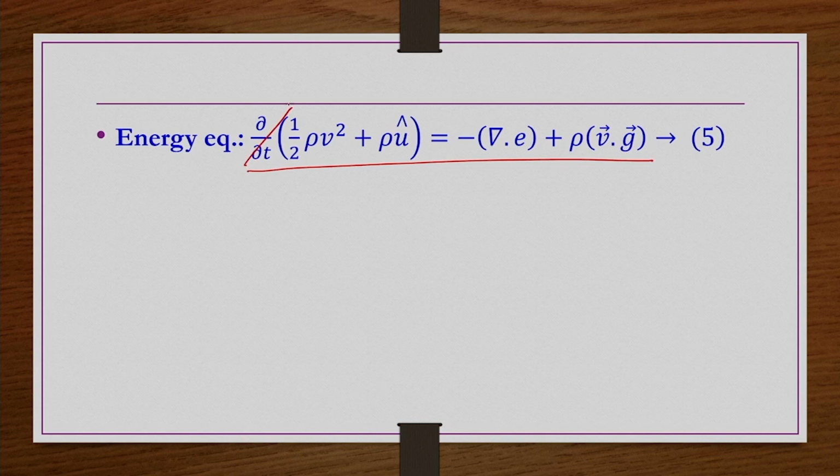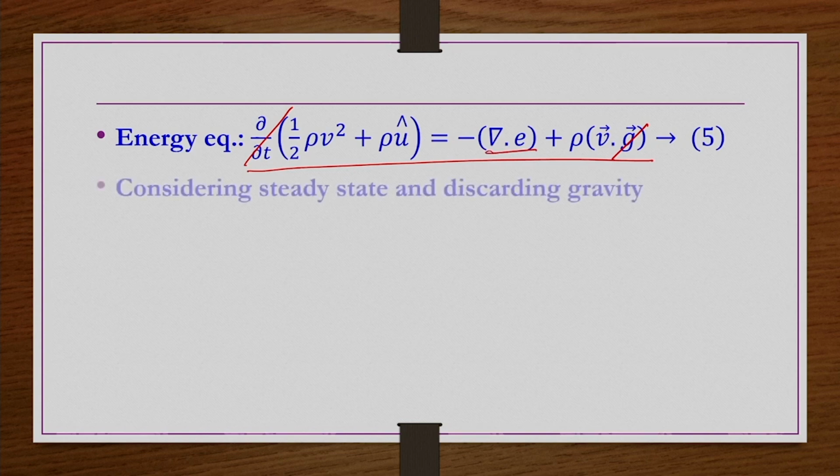So, steady state, so this term is 0 altogether, and then we are not taking gravity. All the terms would be having gravity, so altogether we can cancel out. Even after expansion, each and every term associated with this one is having the gravity g term, so we can cancel out altogether. So, what we get: del dot E is equal to 0, and then del dot E, if you expand, it